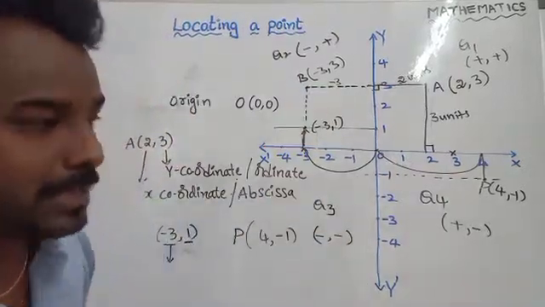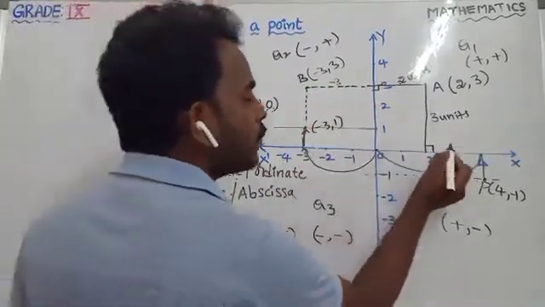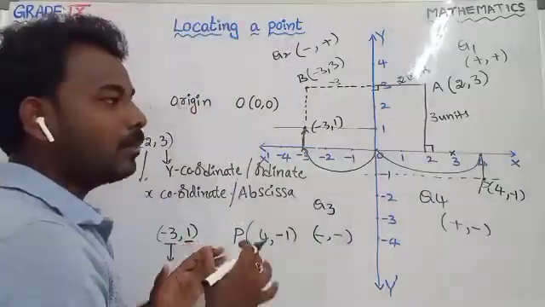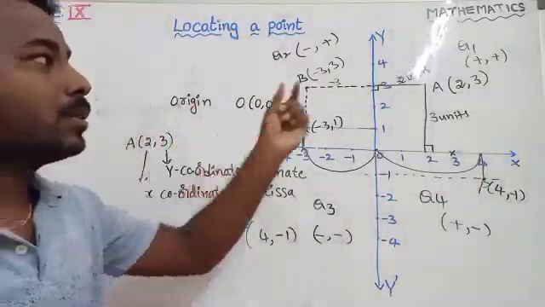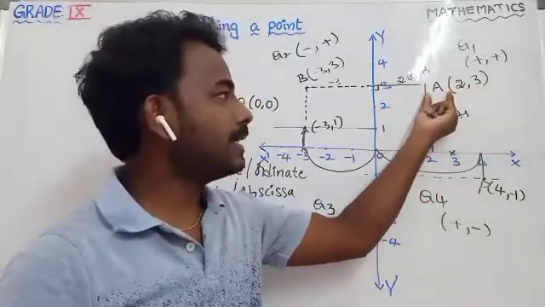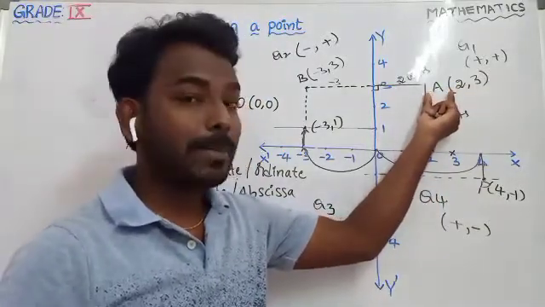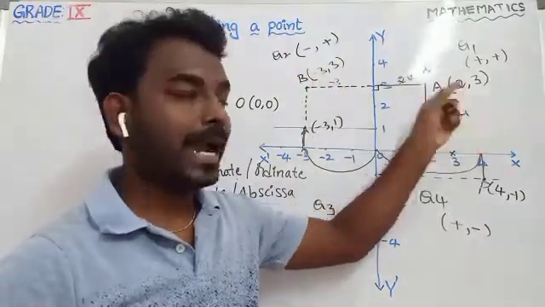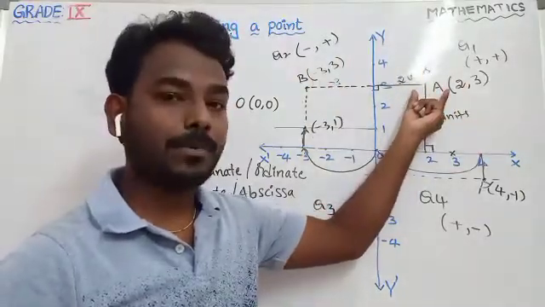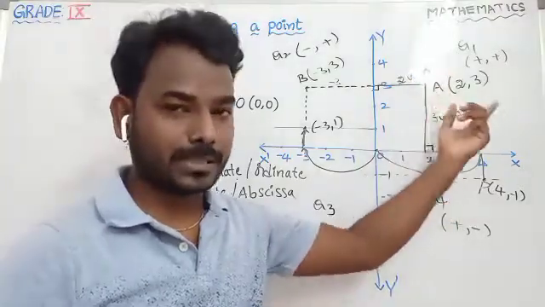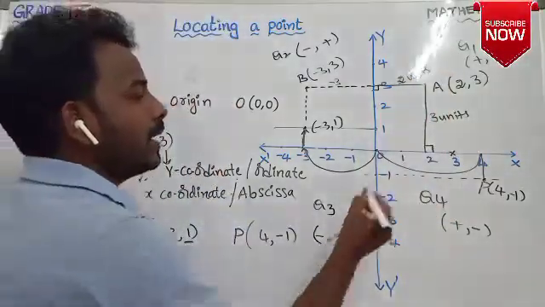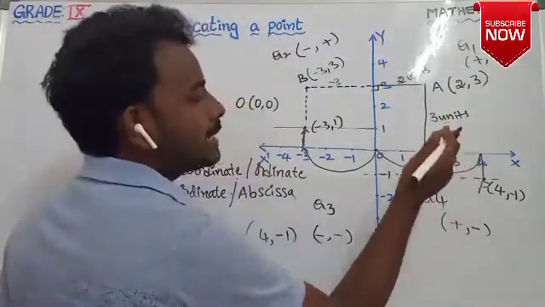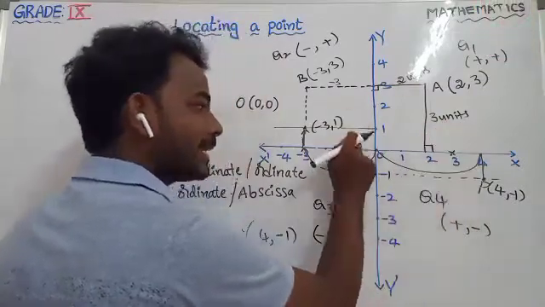So now, same concept. For example, if you want to know the position of this point, what do we consider first? If we want to say the name of this point A, what is the perpendicular distance of this point from the y axis? We wrote that first, and the perpendicular distance of this point from the x axis we wrote next.